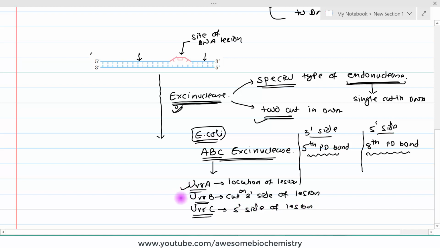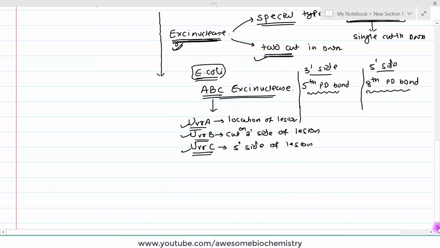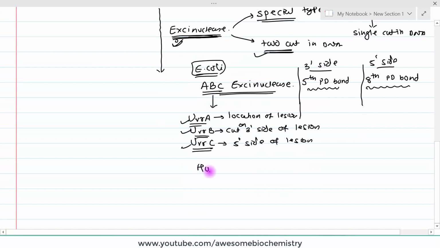So every one of these peptides, its function is fixed. Now what about the human variety of this exonuclease? In the case of human, we have a special human variety of exonuclease which is made up of 16 subunits. Now it is a very complicated process in the human, so we will not discuss all of the subunits, but the special mention is the XPA protein to XPG protein and XPV protein. So these are the subunits.